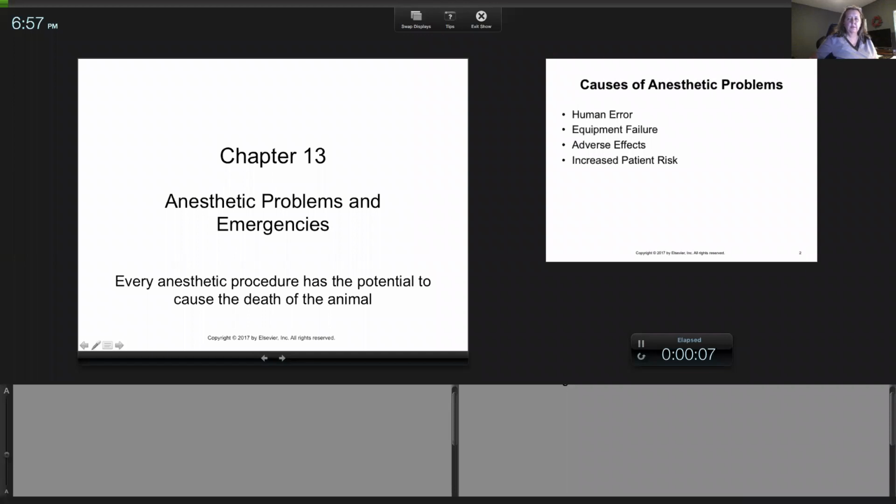Okay, so this chapter is kind of summing up everything that we've been trying to prepare for the last two terms. I've talked about patient preparation, lab work, machines in order, species specifications, breed specifications, and your understanding of the last two terms of material is trying to prevent anesthetic problems and emergencies,